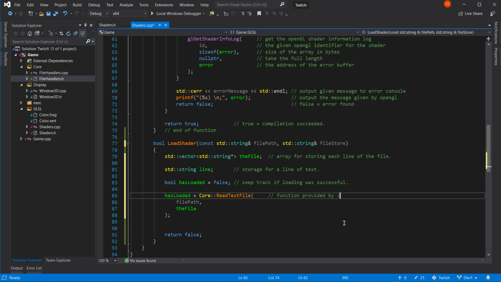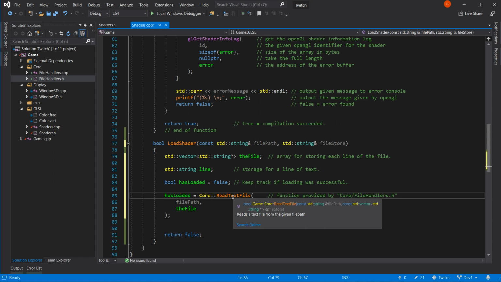What's it called now? And really, I should put core. So if I hover over that, there you go, it says it on it, reads a text file from the given file path.